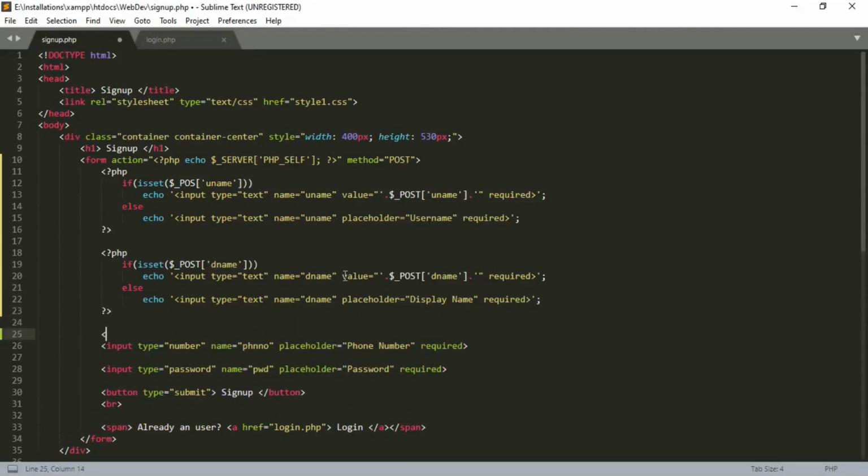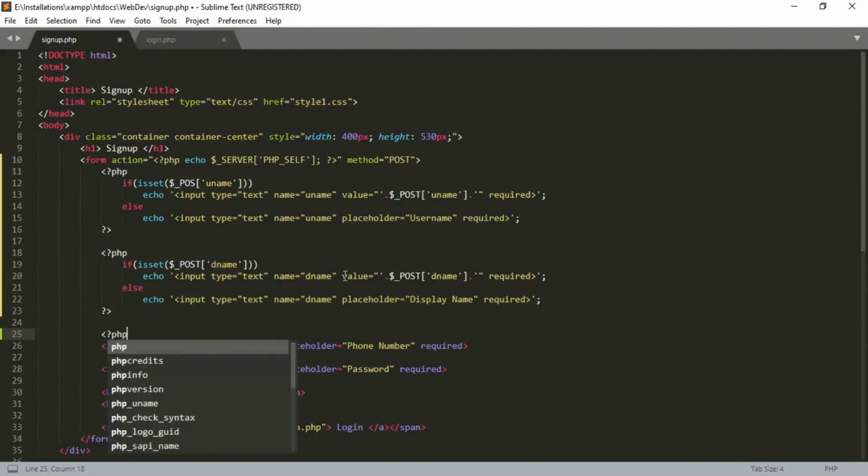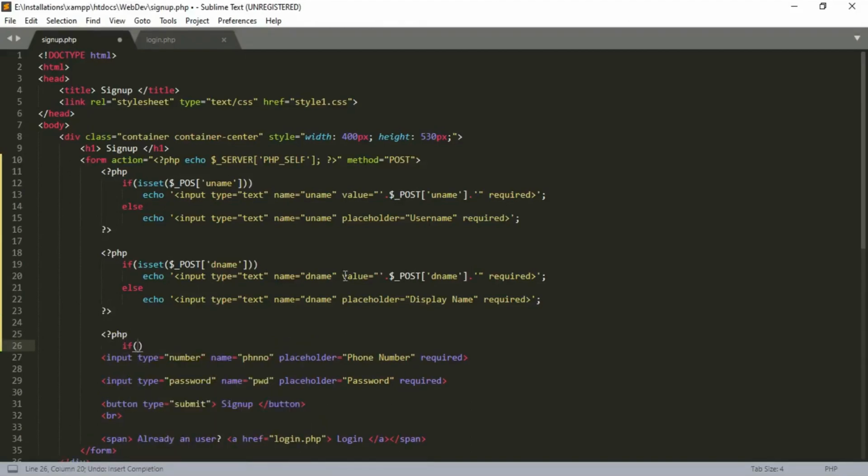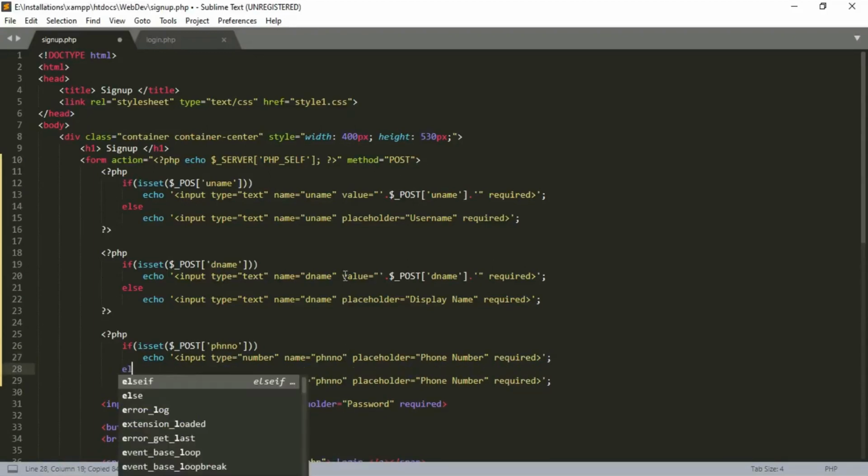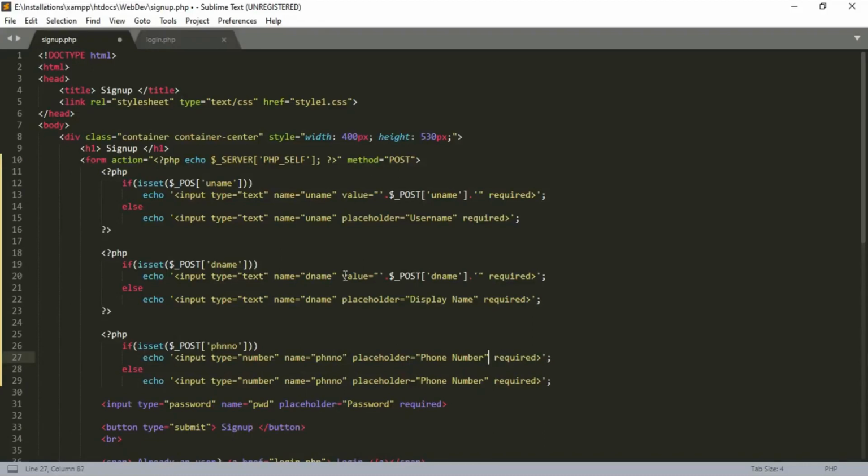Similarly, do it for phone number. isset of post of phone number, and add the value attribute here.